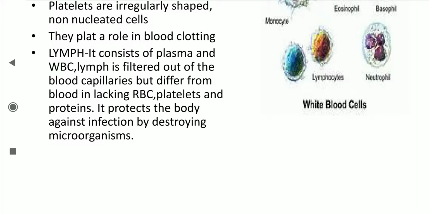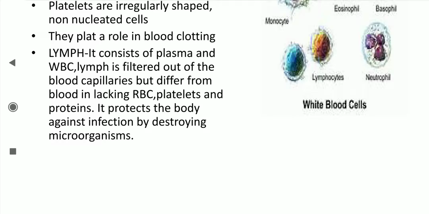Now next, I told you, it is not given in your book, about lymph. We have one more system, that is lymphatic system. Like blood system we are having circulatory system, same manner we have one more system, lymphatic system. In that, lymph is fluid. Lymph is also a kind of fluid connective tissue like blood, but it contains plasma and WBC. Okay, this plasma comes out from the blood capillaries.